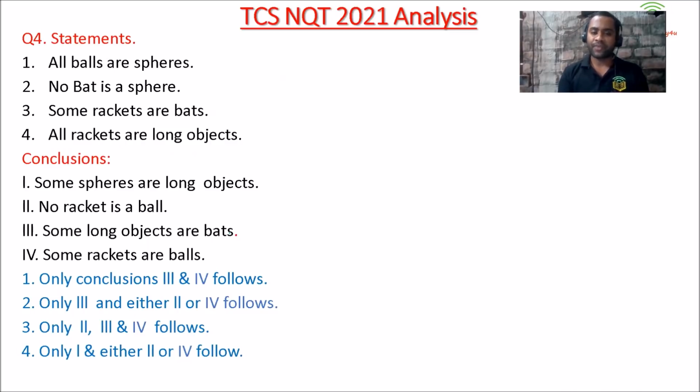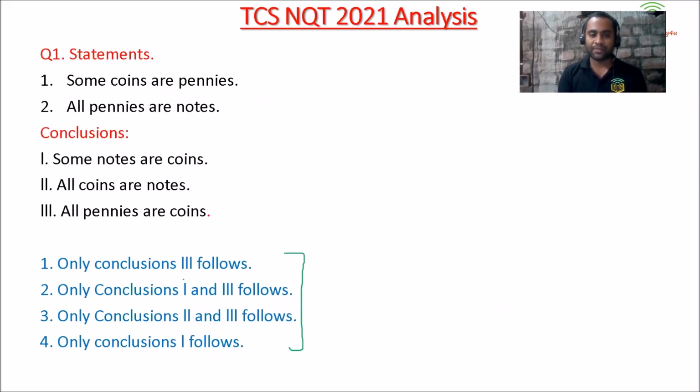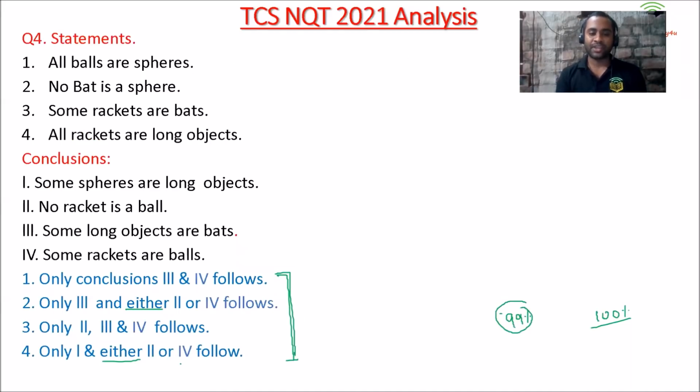Now friends, before solving this question, I just wanted to tell you, first look at the options. If you have either-or conditions in your options, be very clear that your answer is going to be one of those. Friends, it is not 100% true, but according to my experience, in 99% of cases, when the options have either-or, only then will the answer be either-or in the conclusions. You can see question number 1. In question number 1 we have no either-or. That means it is very clear that these questions will not have answers in either-or. So this will give you a hint.